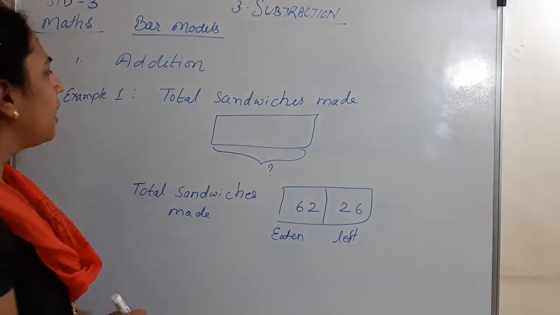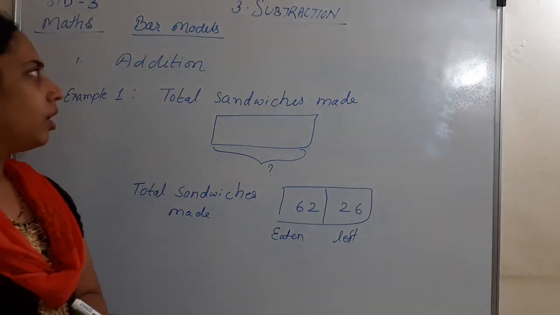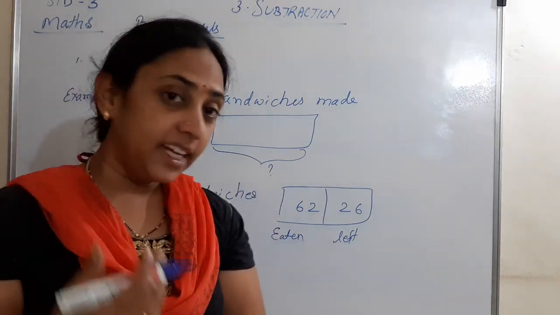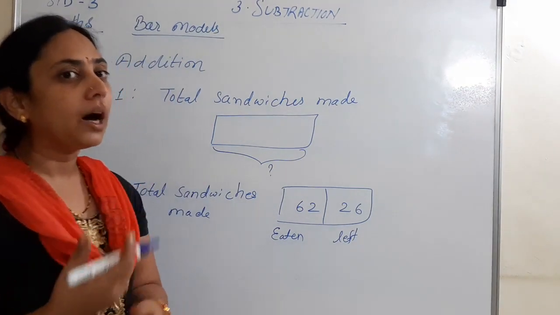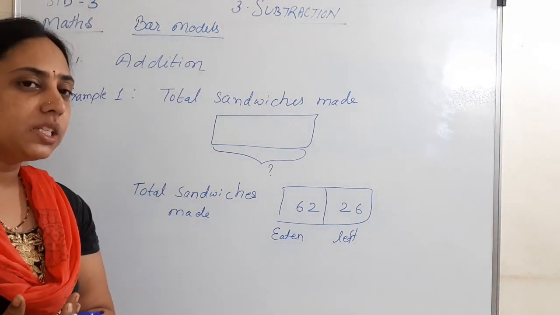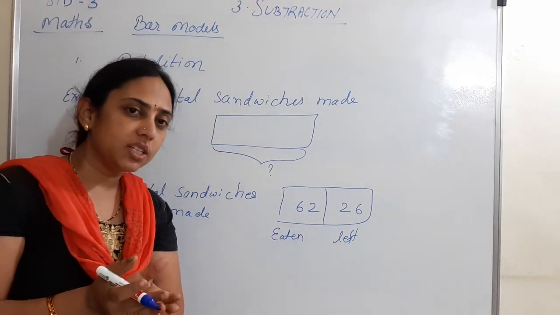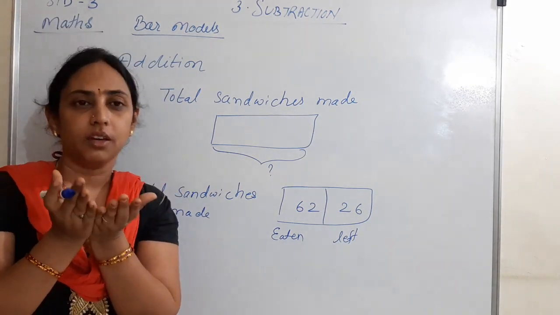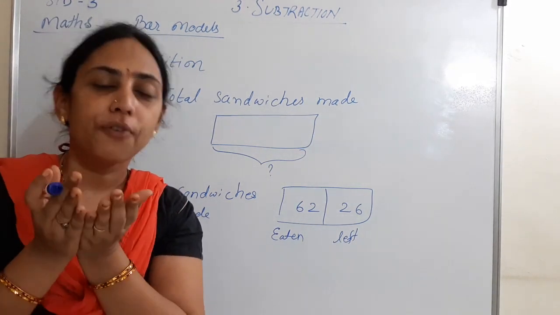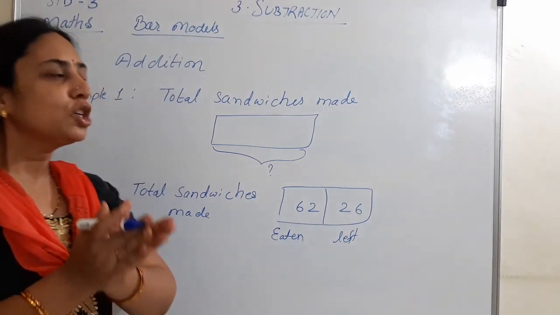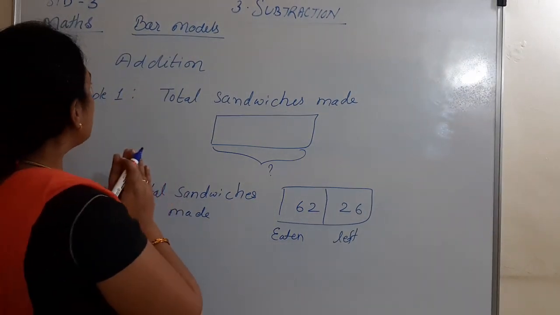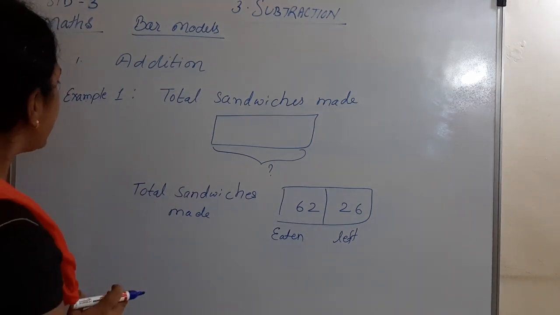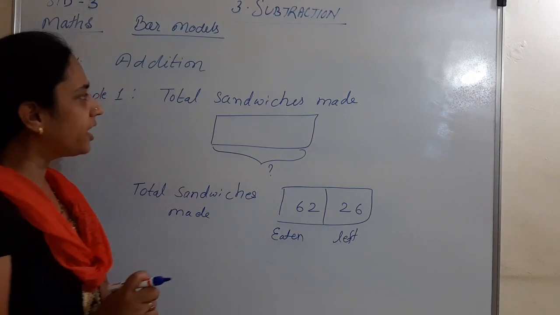Today we will see how we can do any problem like subtraction or addition even by using bar models. Bar models means whatever the information is given, you will put all the information together in one place, and then it will be easy for you to find out the answer. So first we will see the use of bar model for addition. If you see example 1 that is given in your textbook,